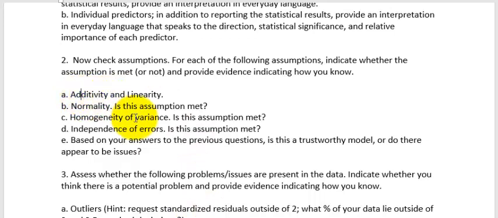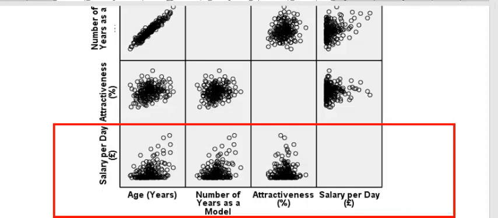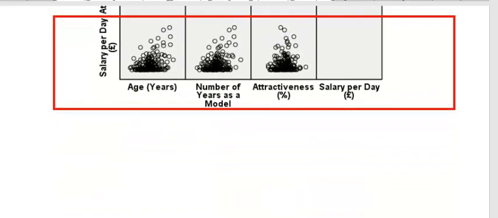So we did additivity. That's called multicollinearity. It didn't violate. We're assuming that it's linear. That didn't violate. Normality. How can I put this? Normality is actually multivariate normality. It's not univariate normality. A lot of students get that mixed up. But we're talking about multivariate normality. So in this example, if somebody was high in age, high in years as a model, high in attractiveness, that would make them a multivariate outlier because they're really, really high in more than one of the variables. So the test we use for that is called the